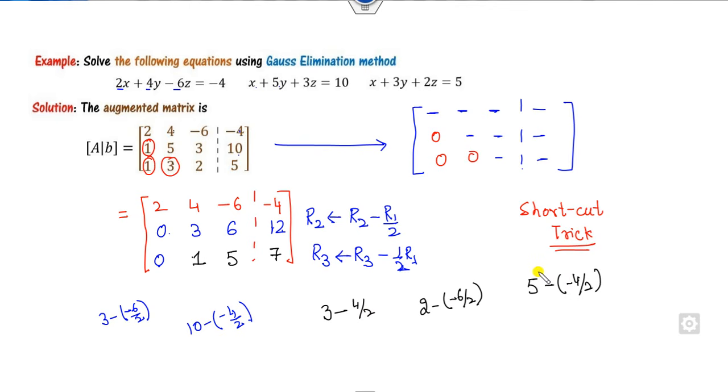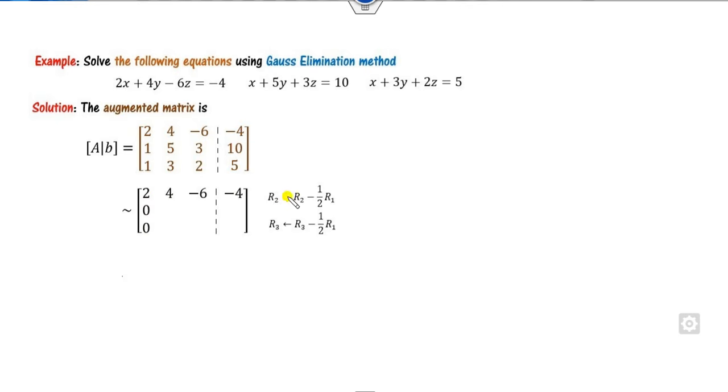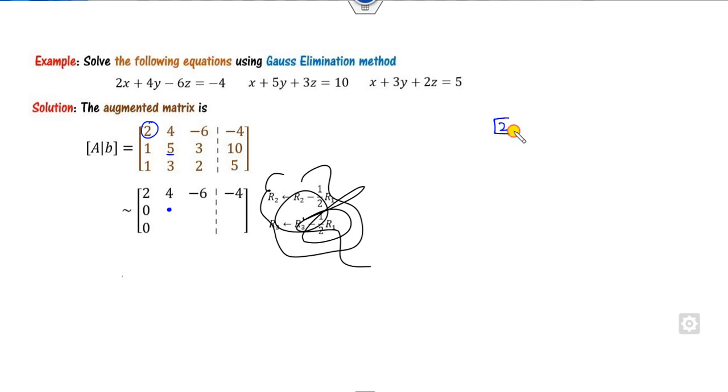Fine. But I will tell you the simplest way, the shortcut trick for you. You can simply write this. Forget about this one. Forget about this one. Okay. You must write this, but how can you see? Very simple. You write just the first element as a circle. Fine. If I want to find this value, what is the previous value of this? Previous value is my here. So you can write this value. This is my 2. Previous value is my 5. Now you have to find these two other values so that the box will be completed, like this. Fine. So I can write this value here.